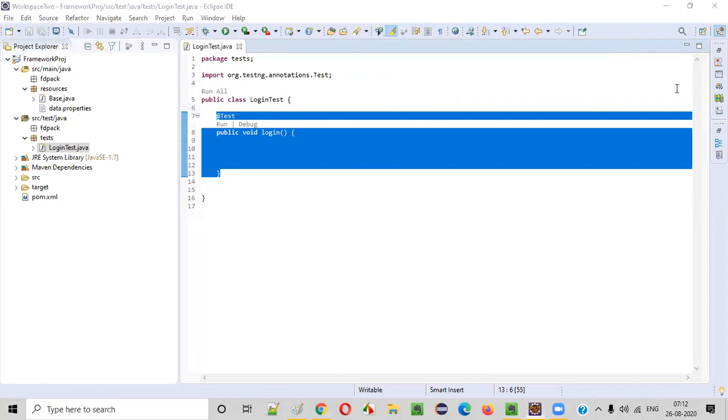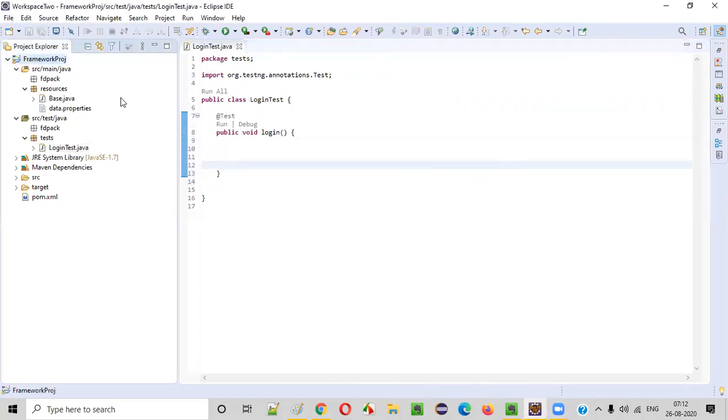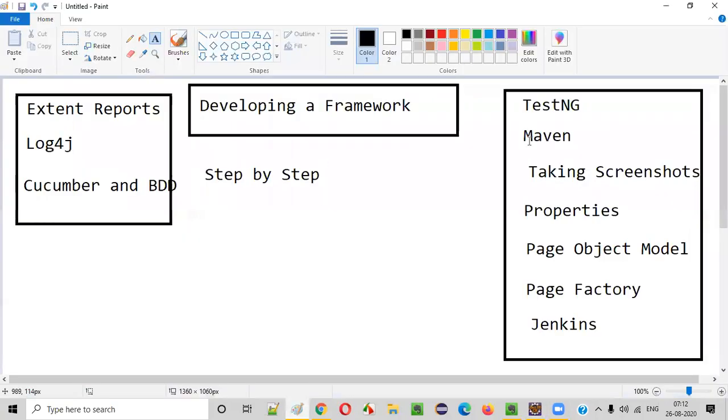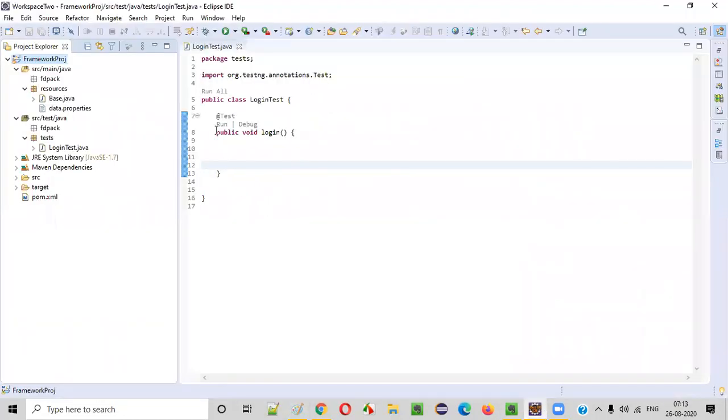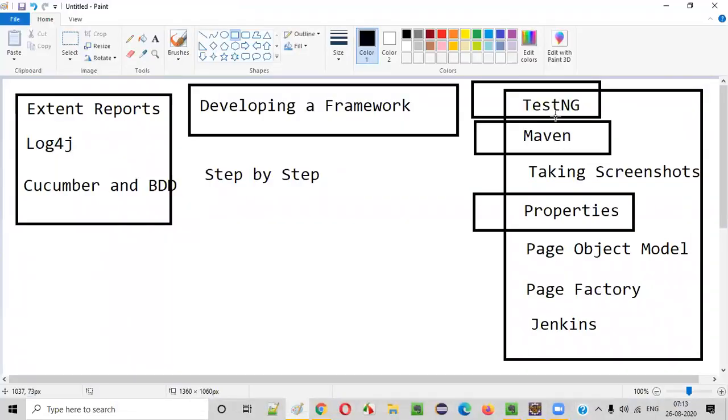So the things have started now. A lot of things we are using together. The framework clubs all the framework concepts together. What are the different things covered so far as part of this framework? Maven: we have already created the Maven project. Then we have implemented the properties; we created the properties file here. That is also done. Now TestNG also started; we have started using TestNG. This method is nothing but a TestNG method. So far three things are covered as part of this framework, and the remaining things we are going to cover step by step.